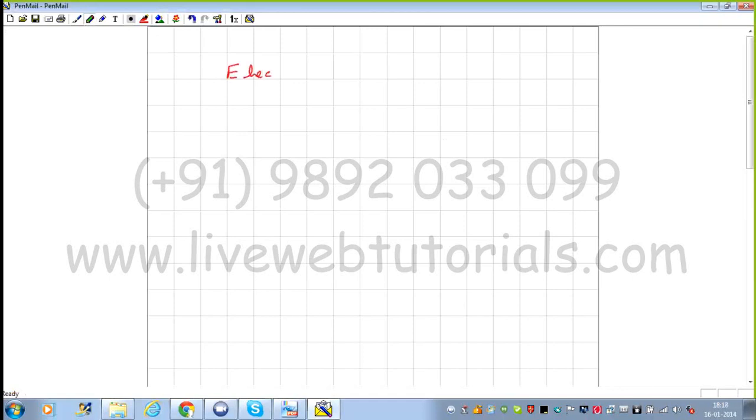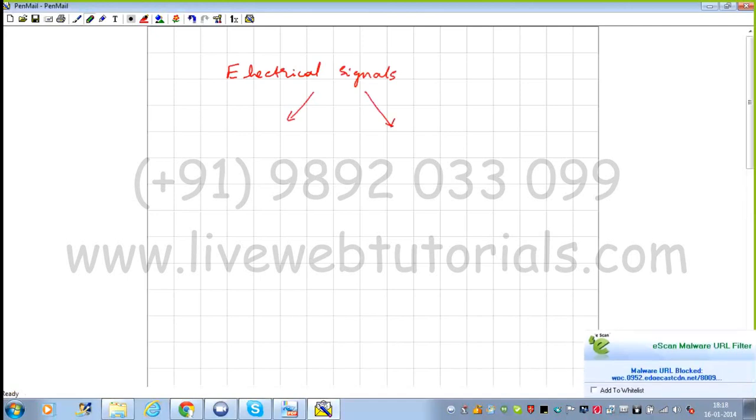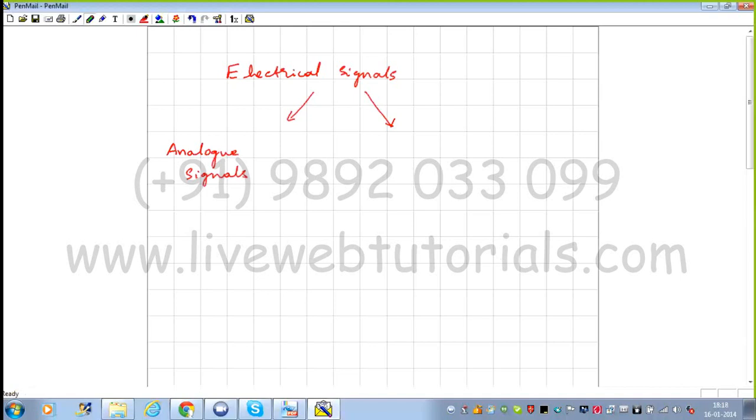Now electrical signals can be classified into two types. One is the analog signals, and second one is digital signals. Now what is an analog signal? For example, if I'm considering